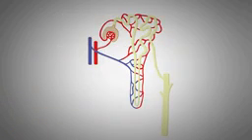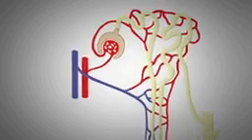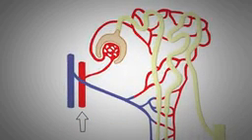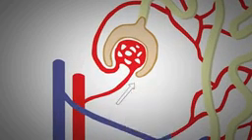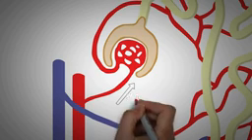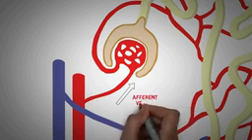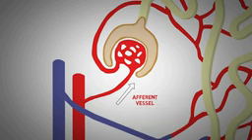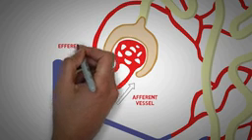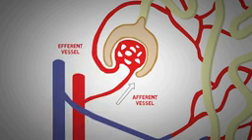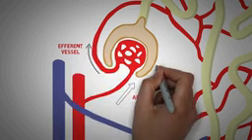So the blood enters the kidney via the renal artery. This is a large artery and a branch of aorta. After entering the kidney, the renal artery gets divided into many small divisions until it reaches the smallest one that enters the nephron. This is the afferent vessel that brings the blood into the glomerulus, and this is the blood vessel that takes the blood out of the glomerulus, and this is known as the efferent blood vessel. In between these afferent and efferent blood vessels is a jumbled up mass of capillaries that is known as the